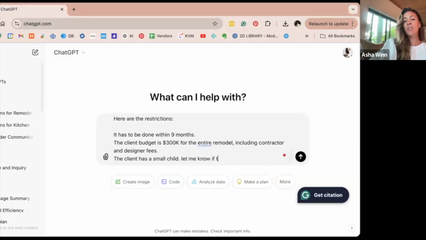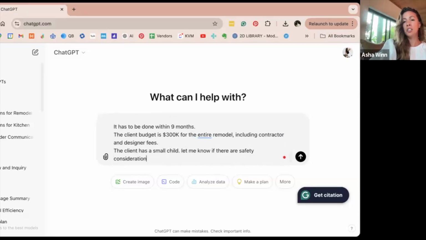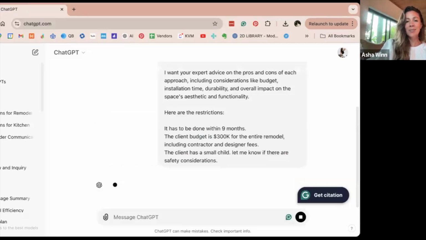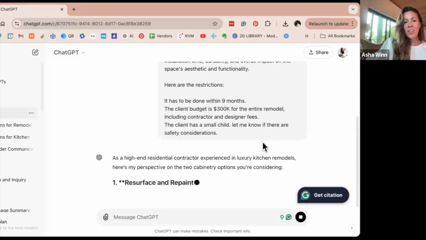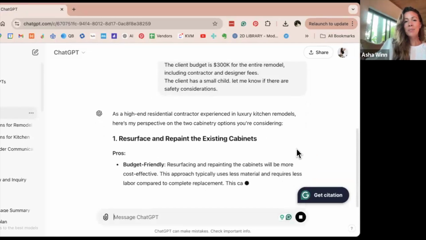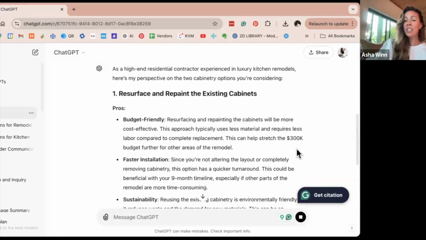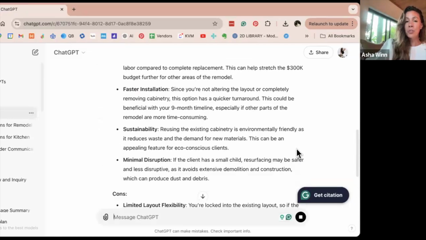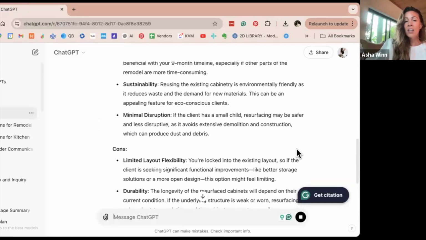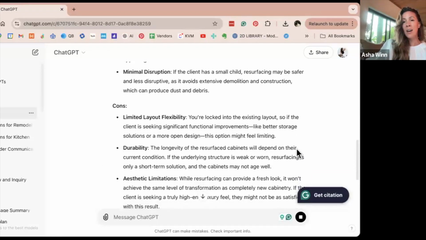Let me know if there are safety considerations. All right, and let's press enter. All right, so as a high-end residential contractor experienced in luxury kitchen remodels, here's my perspective on the two cabinetry options to consider. And then it goes ahead and lists pros and cons of each direction, giving you very bite-sized